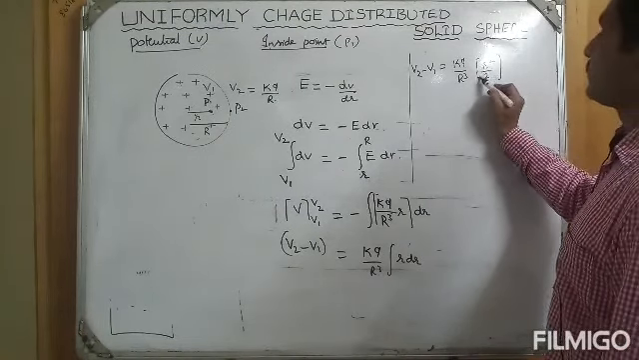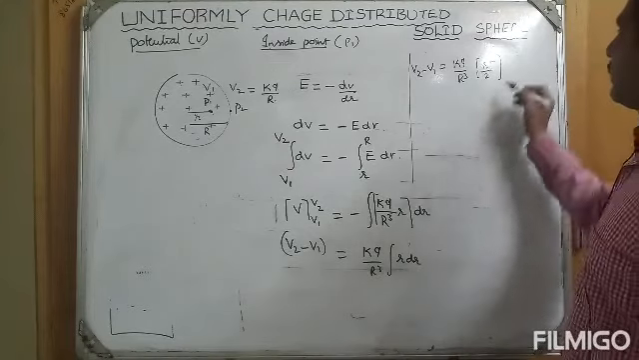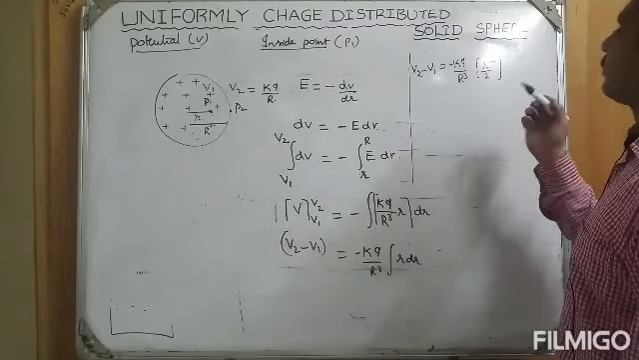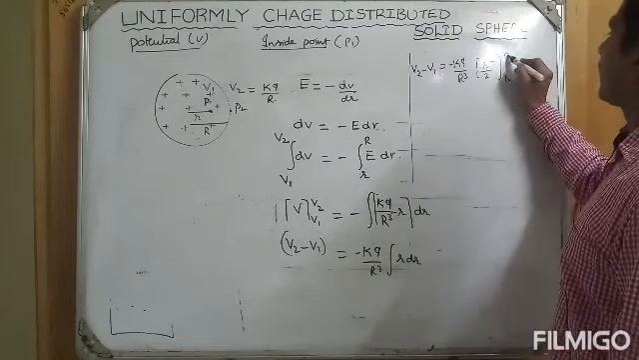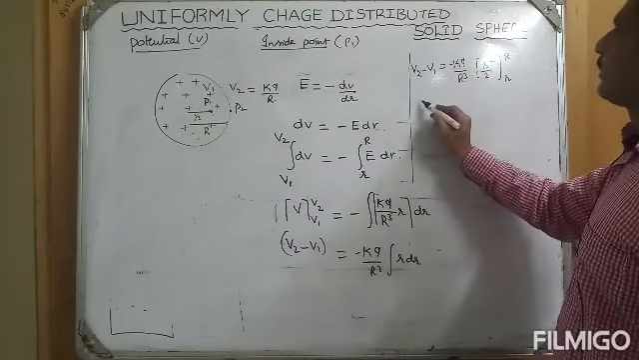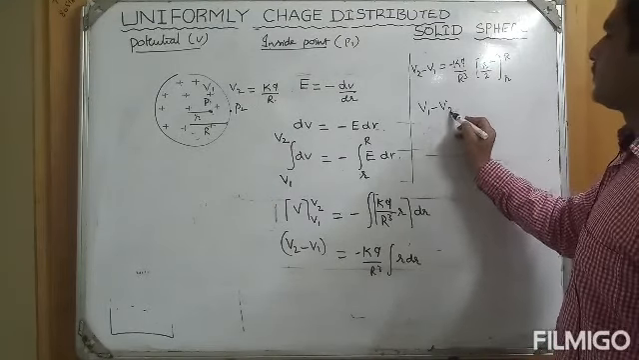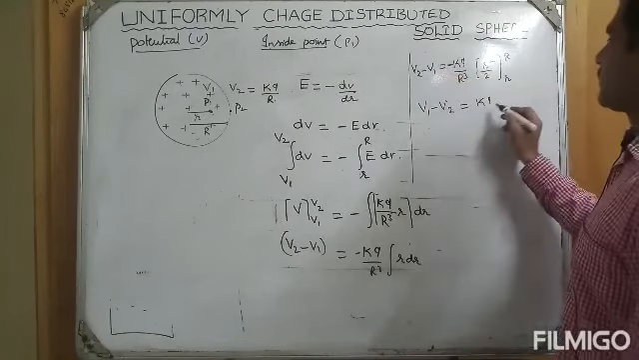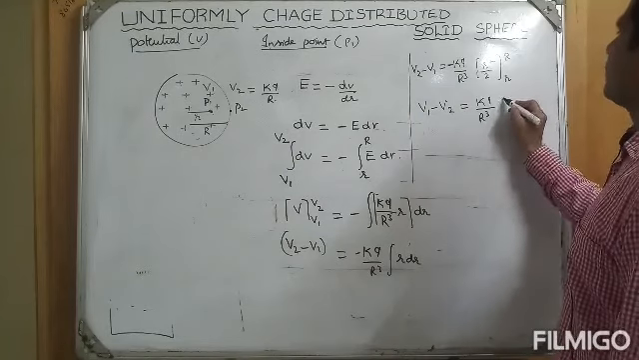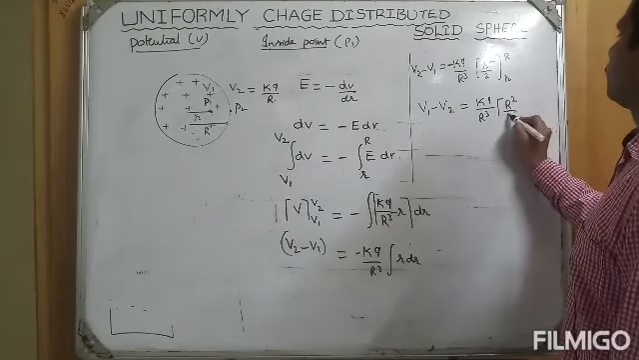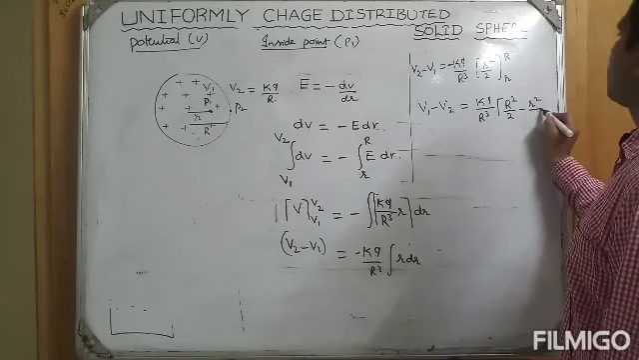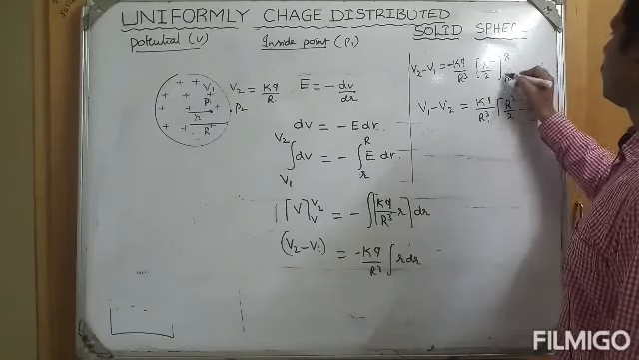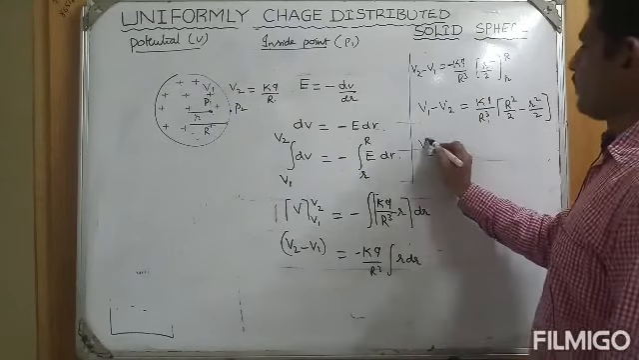From where to where are you doing the integration? Here minus we left, this is minus. From smaller r to capital R. So if you want to remove negative, V1 minus V2 is equal to KQ by R cube. For removing negative, I reversed this. KQ by R cube into R square by 2 minus small r square by 2. Upper limit R square by 2, lower limit r square by 2. So V1 minus V2